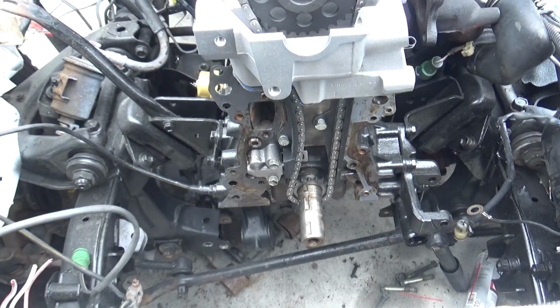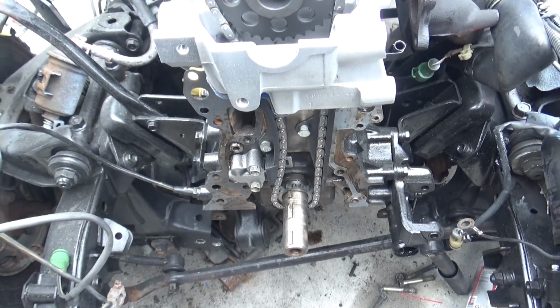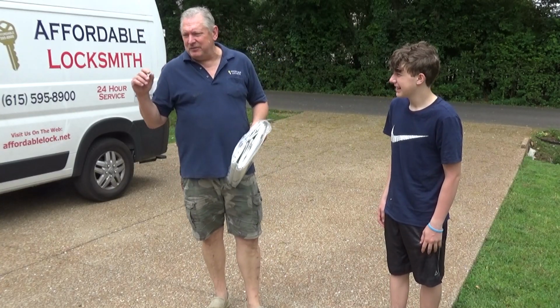Here's what I'm looking at this morning. Looks good. Ready for the timing cover, oil pan. Okay, so after I did the last paint booth video, you saw me trying to roll